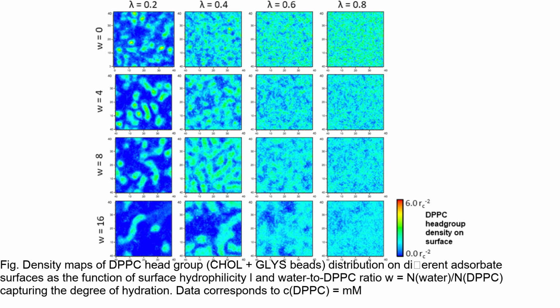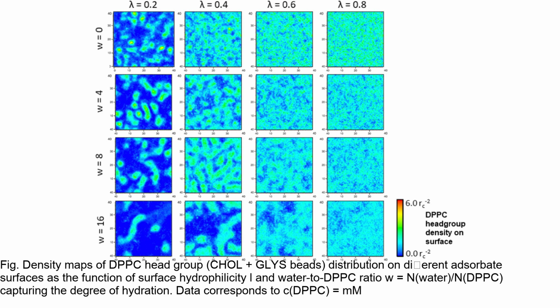Figure 7 in the paper shows the density maps of DPPC head group distribution on different adsorbent surfaces as a function of surface hydrophilicity and water to DPPC ratio. The top panel of Figure 7 presents the density maps for hydrophilic, mica-like, adsorbent surfaces, while the bottom panel presents the density maps for hydrophobic, polyethylene-like, adsorbent surfaces. The density maps demonstrate the adsorption behavior of DPPC on surfaces of different hydrophilicity and the impact of water content on the adsorption. The significance of Figure 7 is that it provides insights into the adsorption response of DPPC on